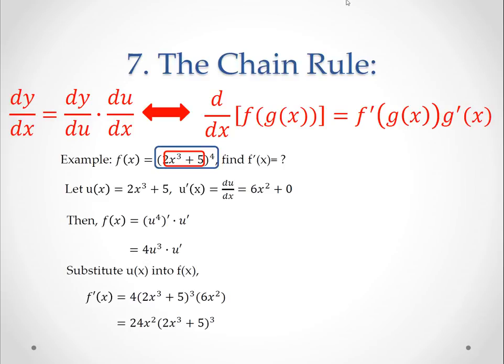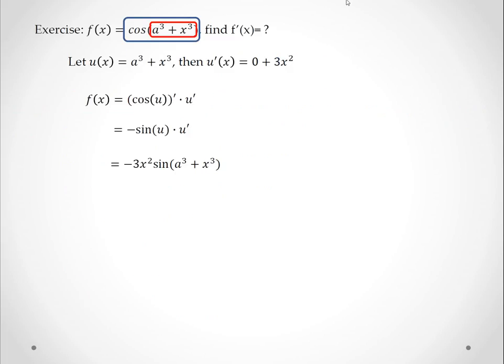If we take the derivative of f of g of x, we first take the derivative of f with respect to g of x, and then multiply the result by g prime of x, which is the derivative of g with respect to x. Let's look at an example to get familiar with this rule. In this example, I show you f(x) is equal to